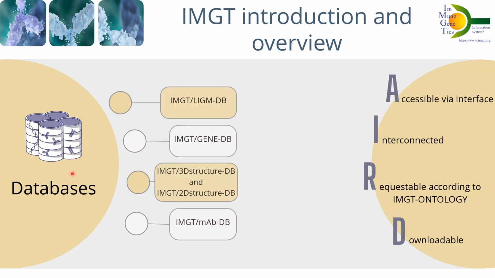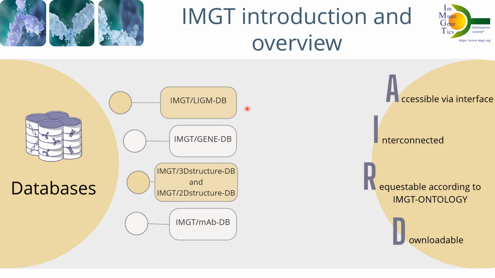The databases icon, I suppose it's a self-explanatory icon that provides information and lists the databases that are available within IMGT. In this slide, I'm providing the databases that are accessible via the interface, interconnected. They can be queried according to IMGT ontology and are downloadable. So basically,